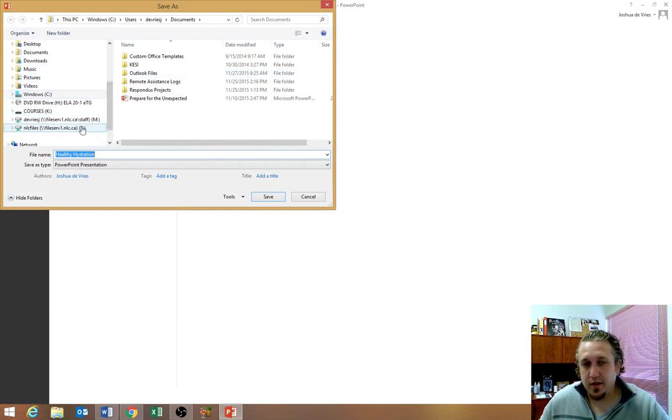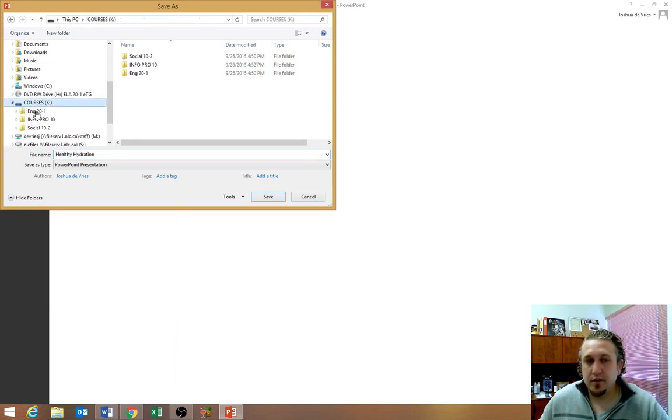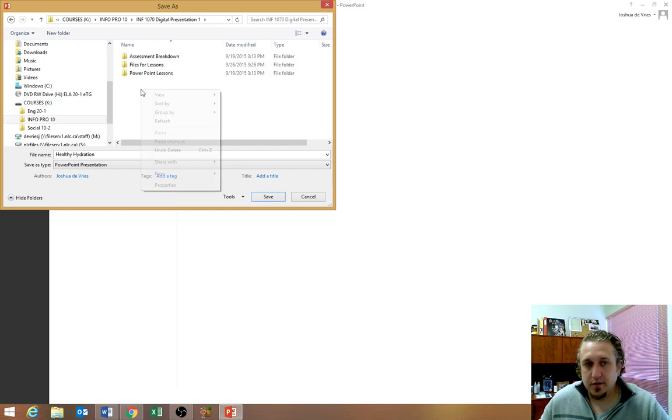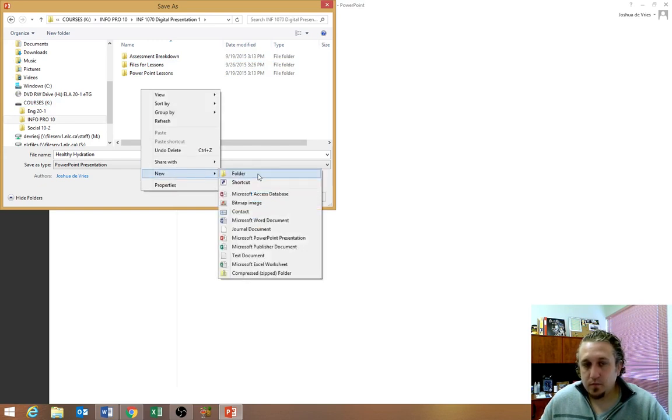It's also an S drive or an M drive, I believe. I mean, this is my last name, so this is where I would save stuff. Or if you have a jump drive, you would save it specifically to somewhere. So I'm going to save it, this recorded copy, into my actual INF digital presentation section. And I'm going to make a new folder,